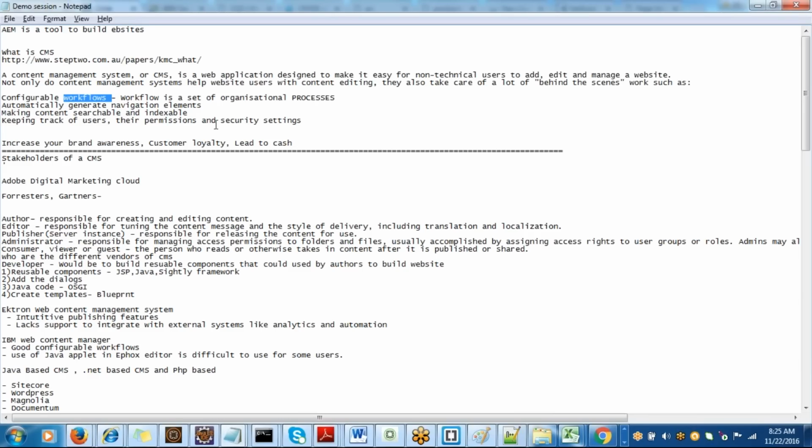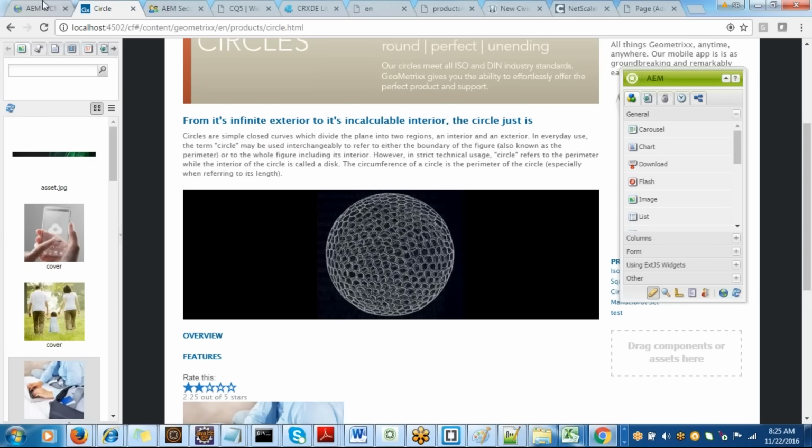In the future, we are also going to build a custom workflow. We are going to understand the fundamentals of workflows. So in AEM, if you look at the AEM console,